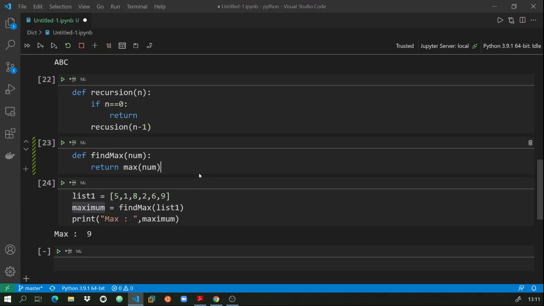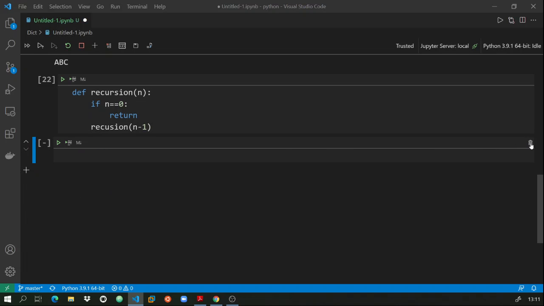So now let's come back to this recursion one. Let me remove these two. Now come back to this recursion one. What it does, suppose we want to print the value of the first 10 natural numbers. So we can either use a for loop, or we can also use this recursion concept, where this particular function calls itself again. Suppose we call this recursion, and the value of n that we pass is 2. It goes inside the function and checks whether n is equal to 0 or not. It is not, because it is 2. It again calls itself with the value of n minus 1. That is, this recursion will now be called with the value of 1.